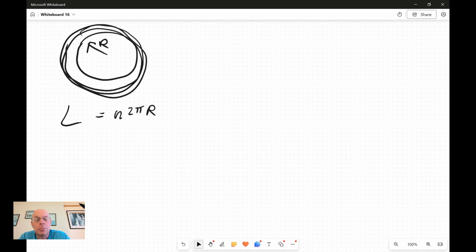Because the string has a tension, the tension times the length is the mass of the string. So the mass of such a string due to this winding mode, let's call it m winding,